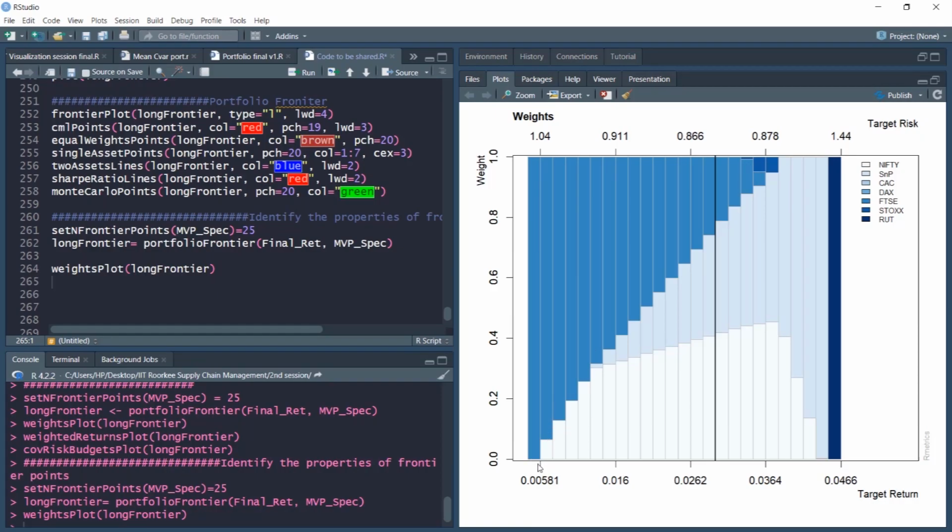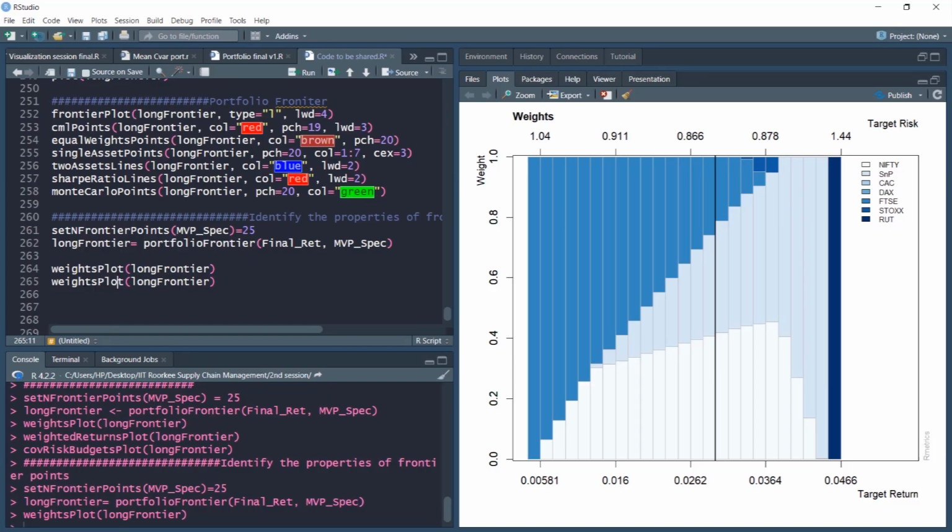So their weights. So notice that the first portfolio with a return of 0.00581, here we have it seems DAX, and then as we move ahead the proportion of this DAX security goes down, and in between we have S&P and Nifty security, and last one seems to be Russell. So how the portfolio weight changes can be easily visualized, and also we can see how the movement of risk takes place. So return, here we can see return increases and also the risk increases. We can see that for all these 25 frontier points that we have specified.